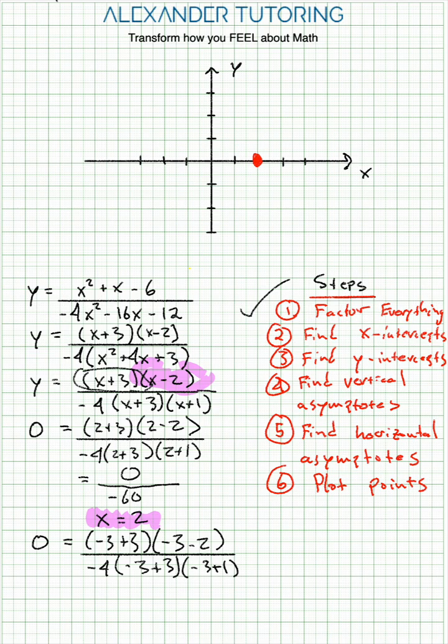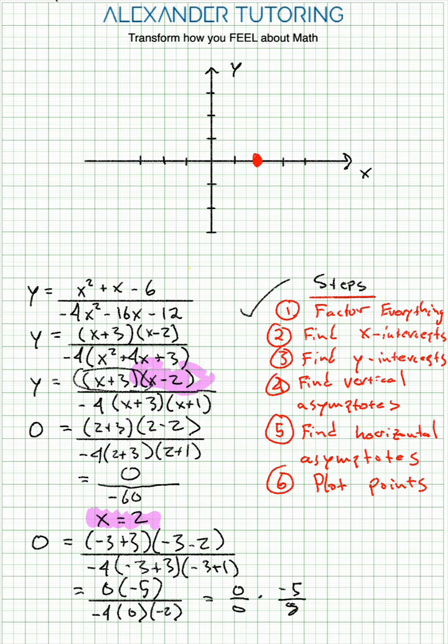And you can see that we end up with a 0 over 0. And that is a big no-no. Let's just finish this up real quick. So we would basically get 0 on the top times -5 over, we get -4 times 0 times -2. So what this looks like, we have 0 over 0, which is a big no-no, and what's left over is this